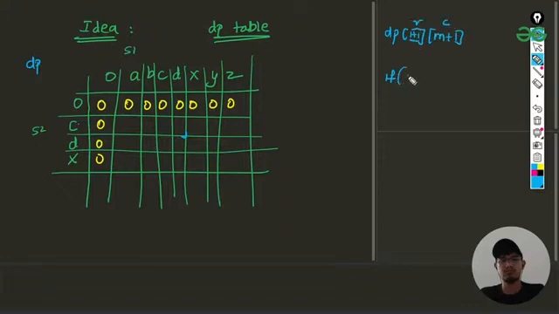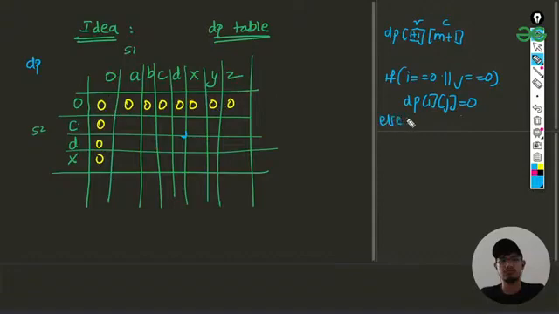The first condition will be checking if i equals 0 or j equals 0. In this case, we'll have dp of i j equals 0. This is the information for filling the first row and first column with 0.